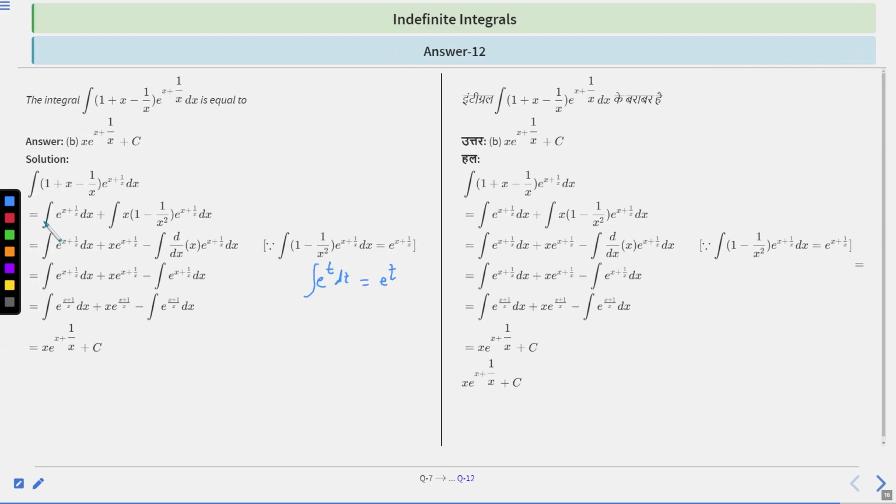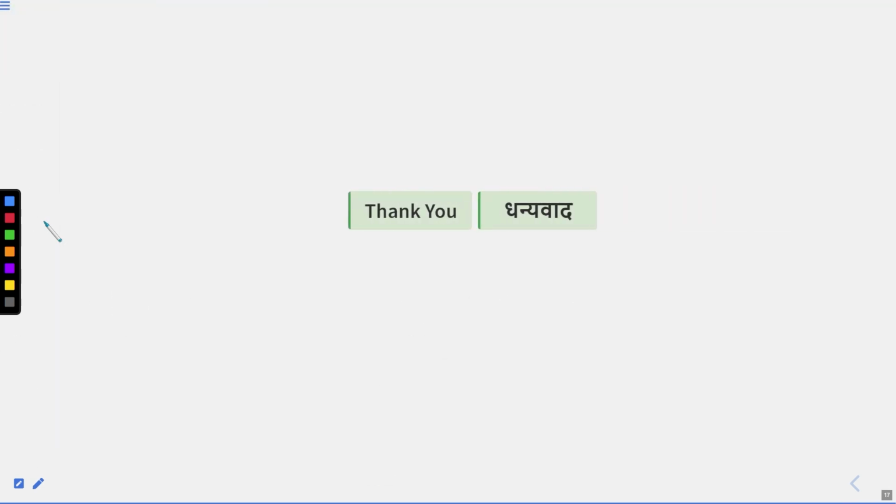So in this way, we have discussed a lot of different types of questions on the chapter indefinite integrals, and I hope you understood the concepts and how to apply them, right? We can observe that there is a particular method which will be applied in a particular type of question, right? So in this way you can approach and solve different types of questions of indefinite integrals. Hope you understood the lecture and hope you liked the lecture. Okay, thank you so much.